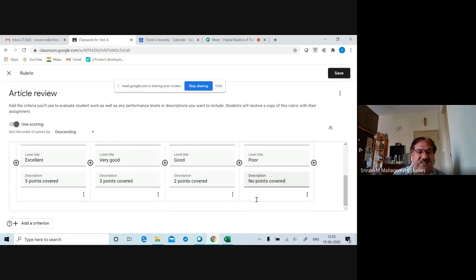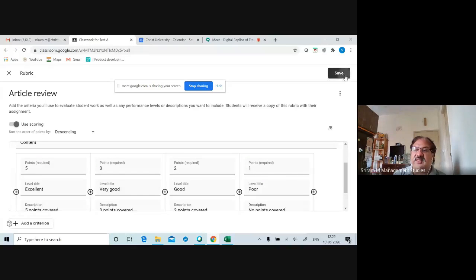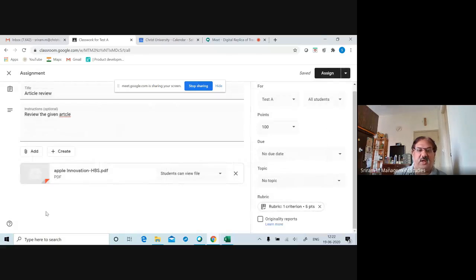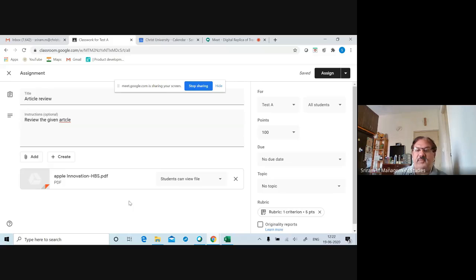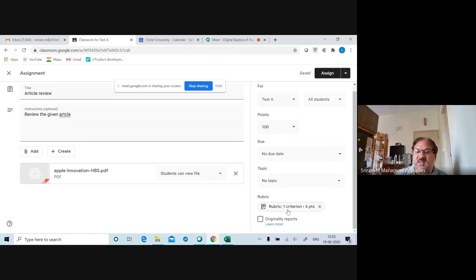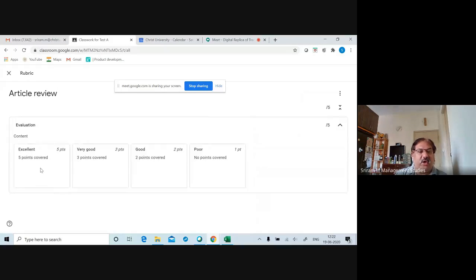Once I give this as a rubric, I can just save it. The advantage is that once you give a particular rubric, it is easy for you to evaluate. Now you can see how your rubric will look. It will look like this. You can keep on adding, for example, content, then one more, for example grammar, then understanding of that particular topic, whatever it is. You can give different criteria. The first one is content, and then I can keep adding criteria. So I keep adding about 5 criteria.